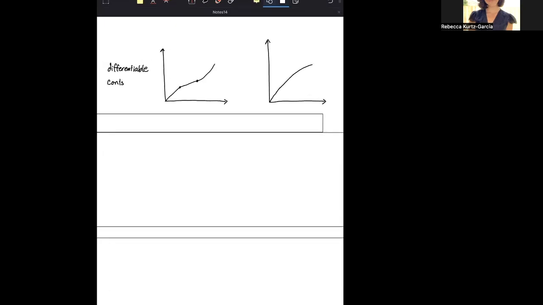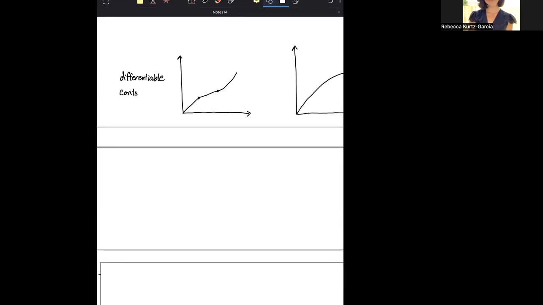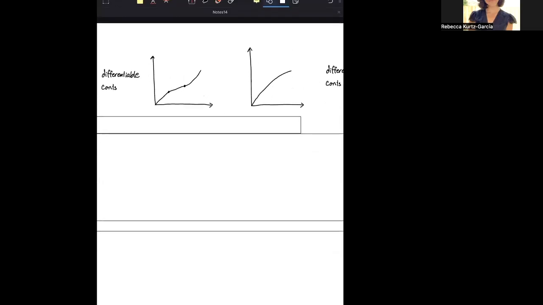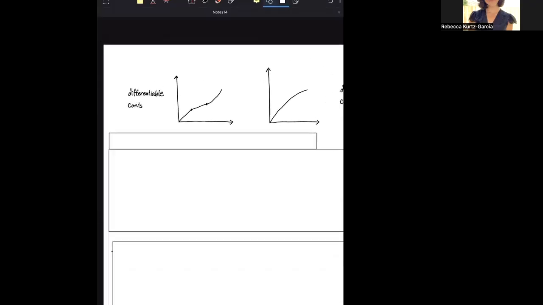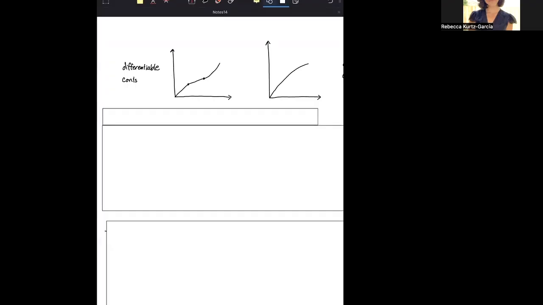Hi, everyone. We are going to start talking about continuous random variables. So up until this point, we've really focused on discrete random variables, but now we're going to start shifting gears after our midterm. But before I dive into a continuous random variable, let's just remind ourselves about the difference between